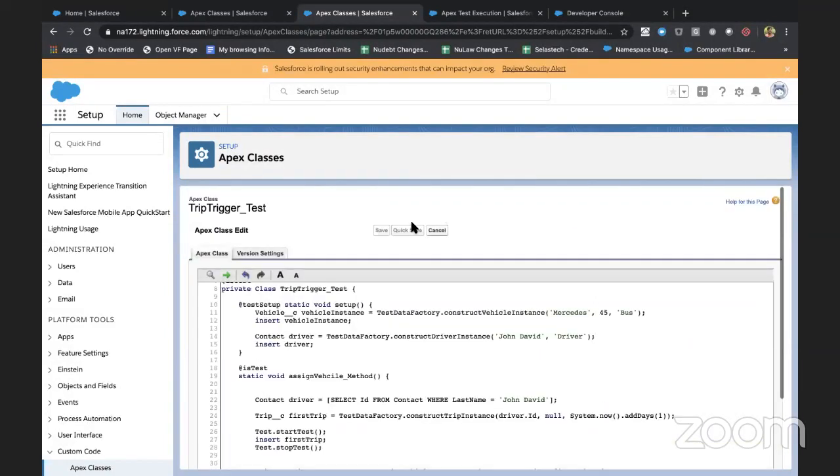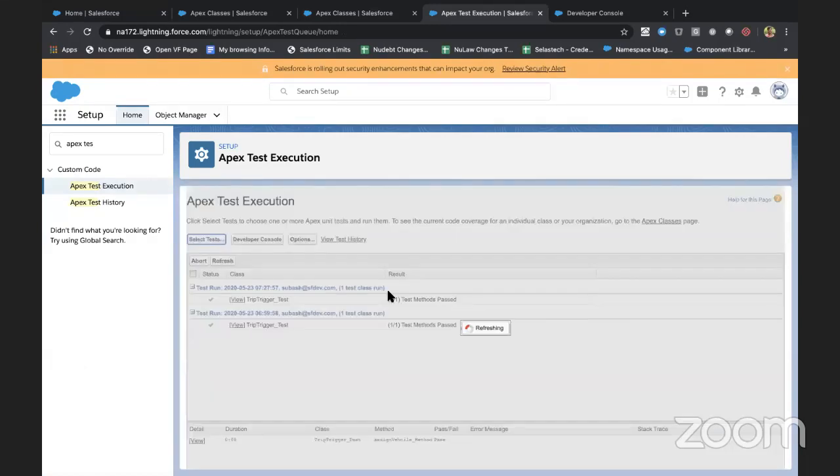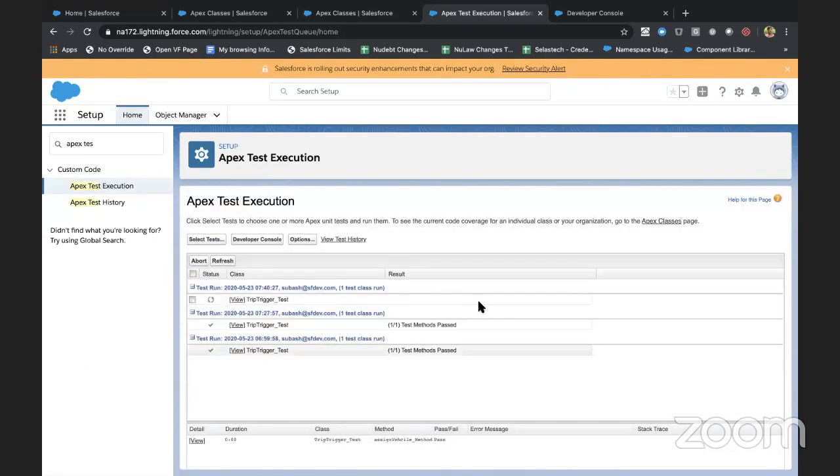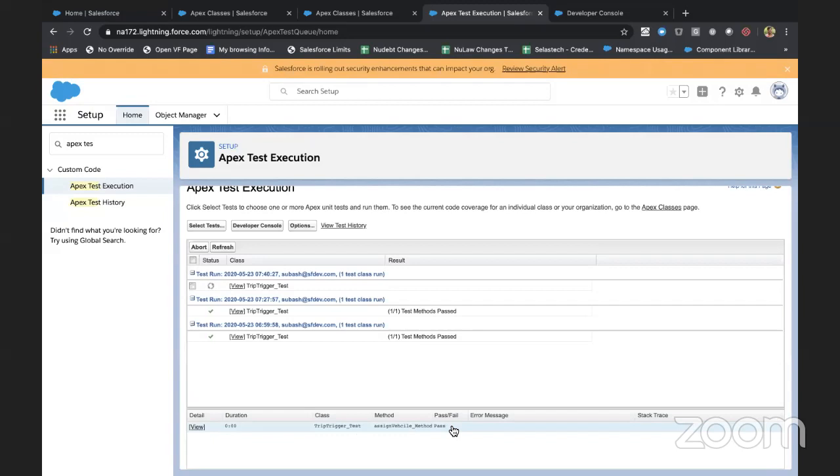So it's saved. So let's go to the Apex test execution again. It's in queue, and whenever it gets executed, you will see the result here. And if at all any exception comes into the